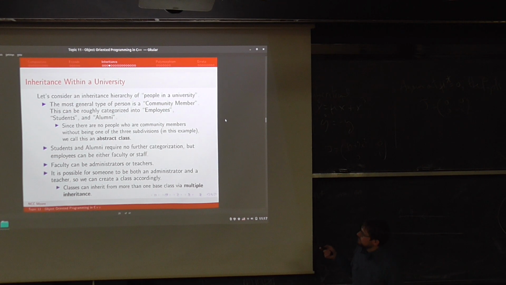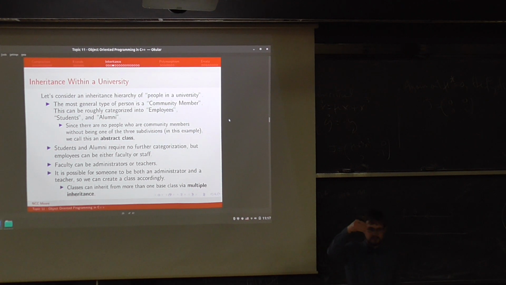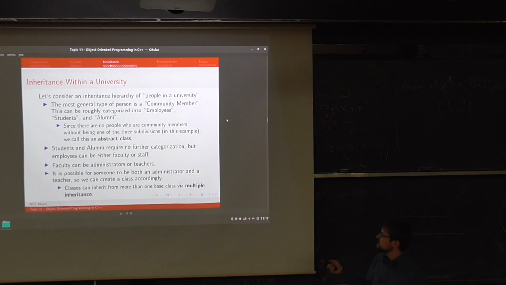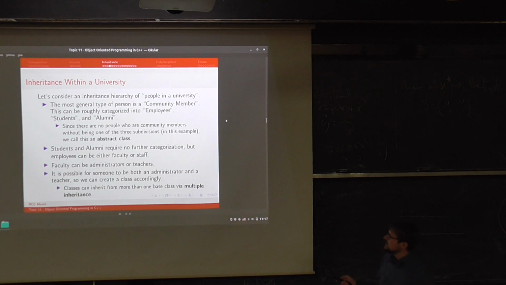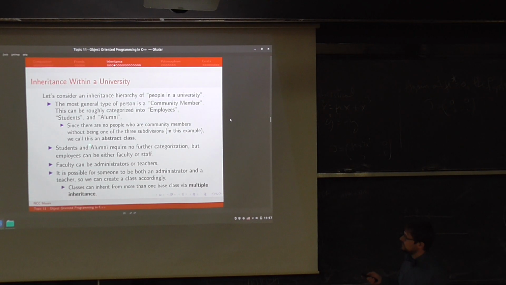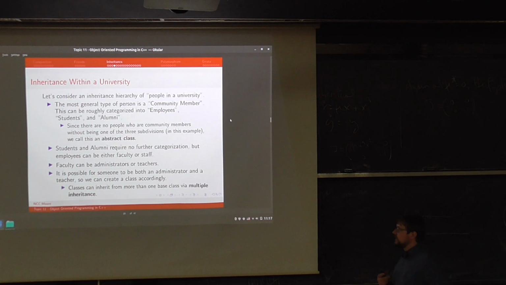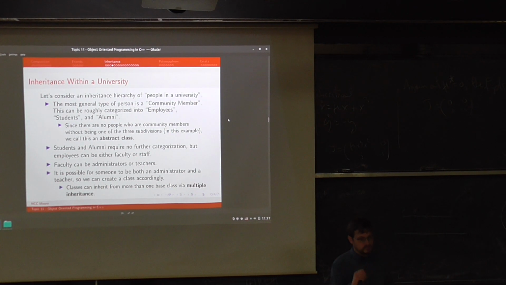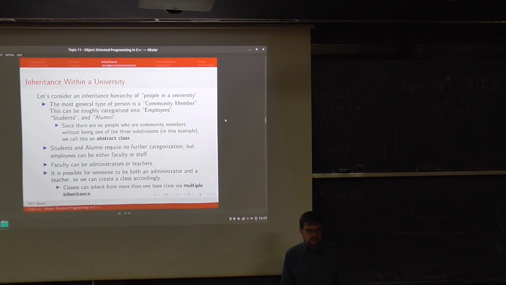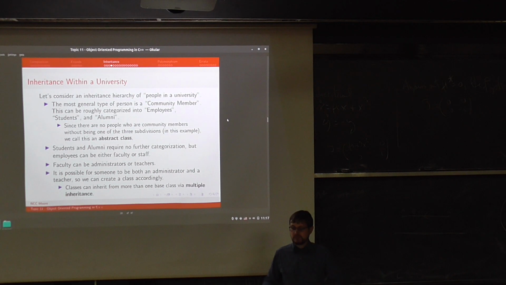But the classes for employees, students, and alumni are each a separate class that will inherit from the community member class. So these are all derived classes. This is the base class. Since there are no people who are community members without being one of the three above subdivisions in this example, we call the community member an abstract class. So abstract classes are only used for the purposes of inheritance. The idea is that you would never actually initialize one, right? It's just a container for data that gets inherited by other classes, which are themselves